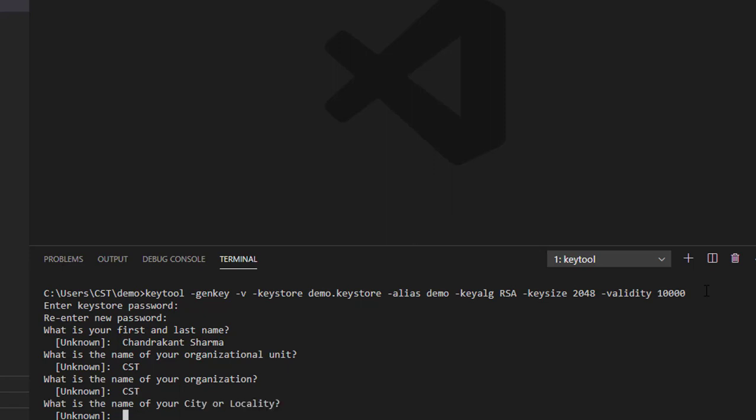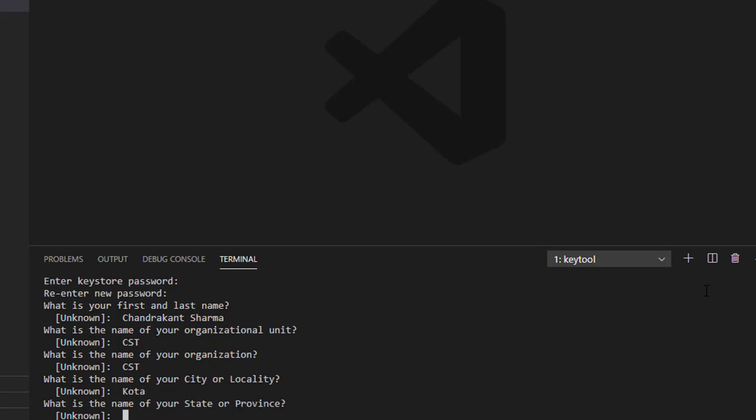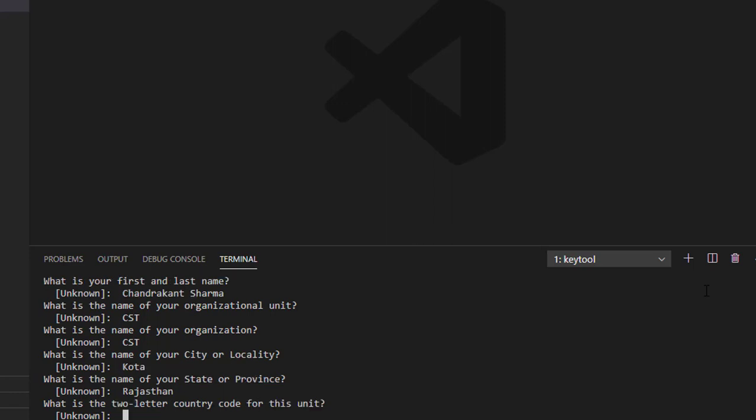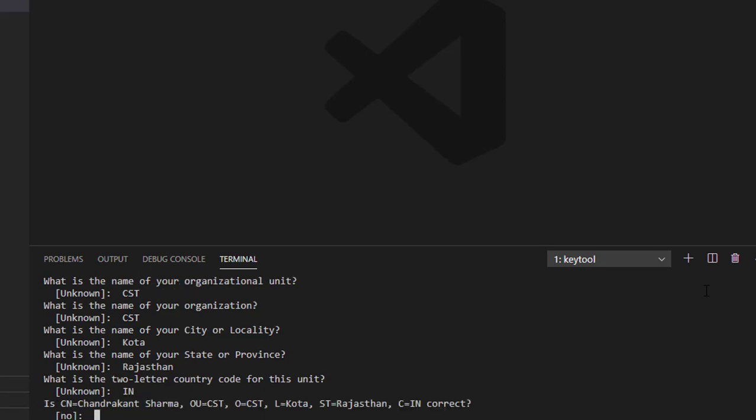What is the name of your city? My city name is Kota. What is the name of your state? Enter your state and press the enter key. What is the two-letter country code for this unit? My country is India, therefore I enter IN and press the enter key. To confirm this information, press Y and press the enter key.